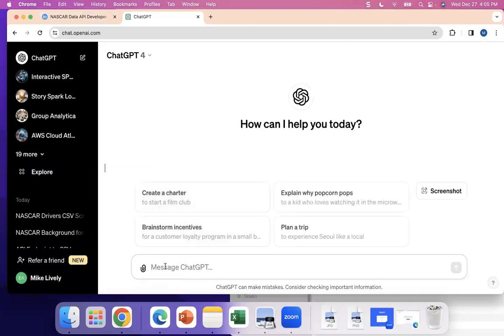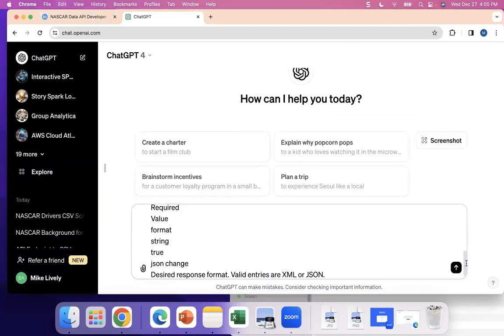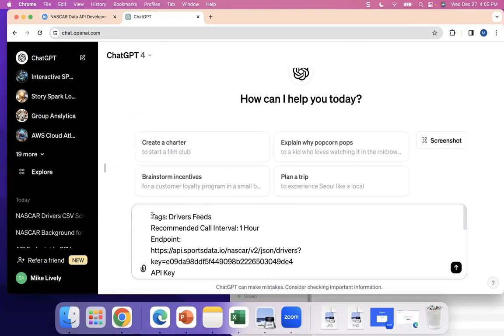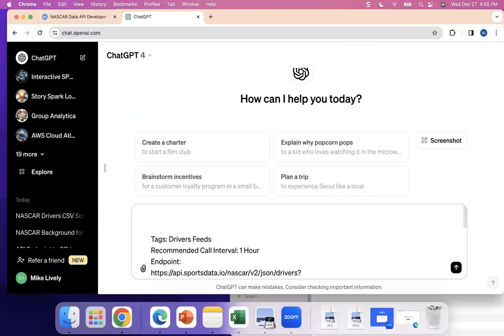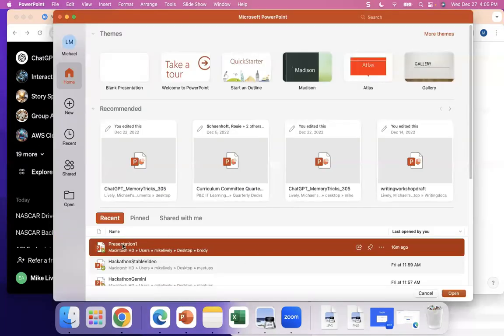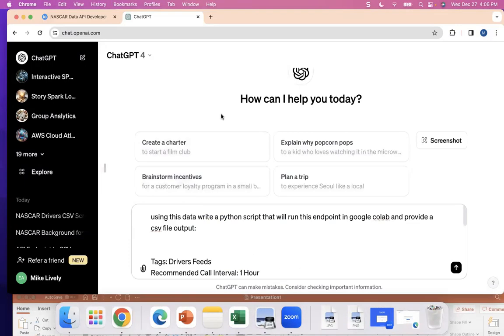I'm going to paste this in. I'm going to go to the top and put in my minimalistic prompt. Let me do that. And I'll have to bring up my PowerPoint again. I have it here in the slide deck. Using this data, write a Python script that will run this endpoint in Google Colab and provide a CSV file